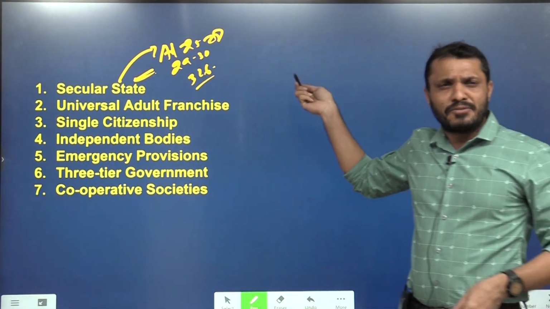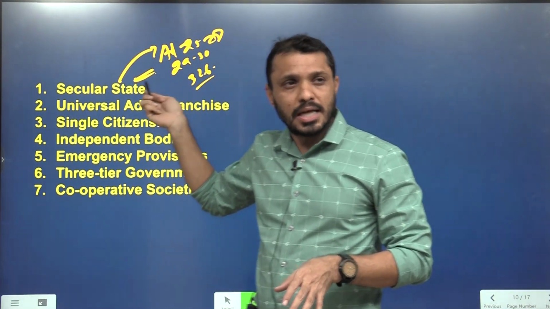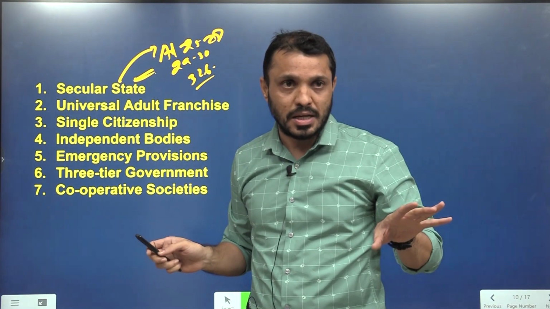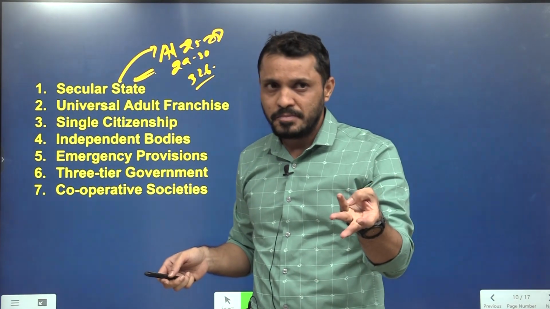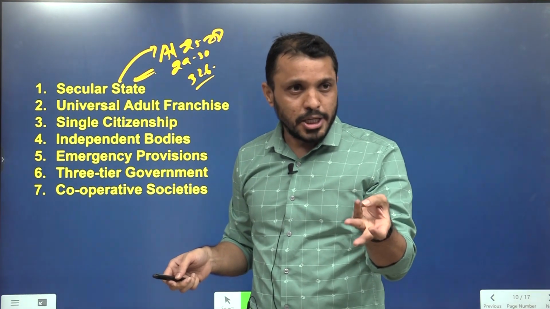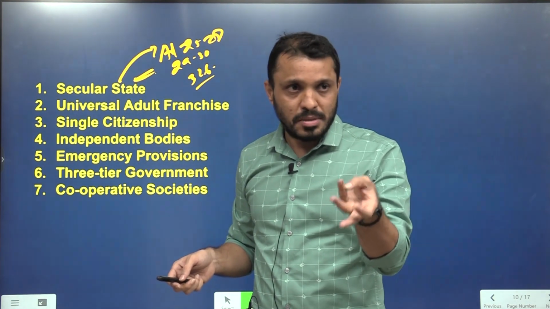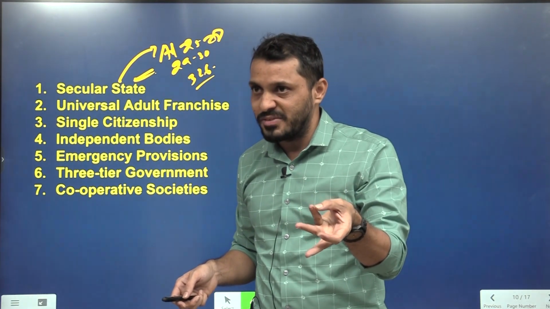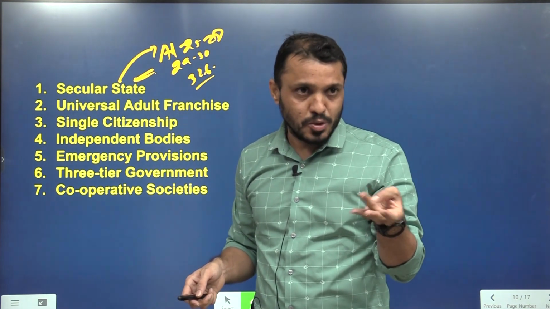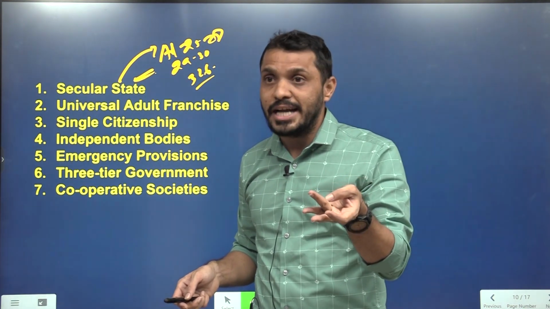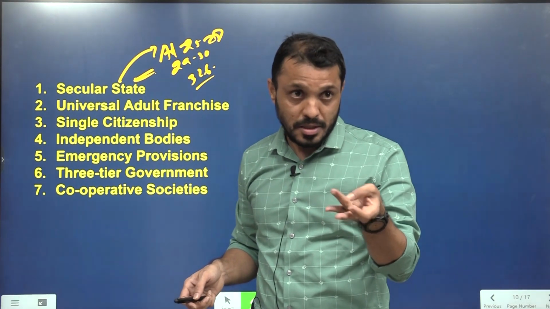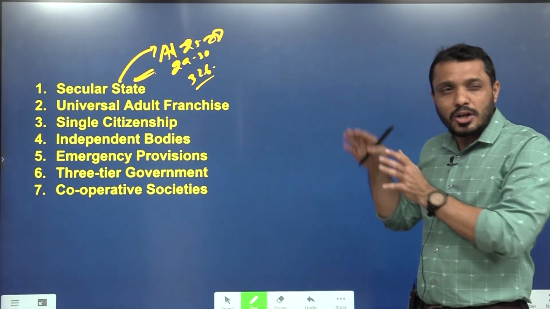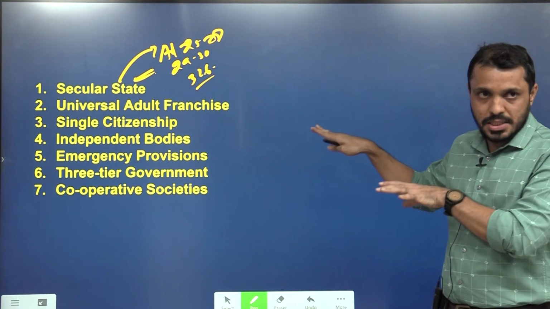In the last polity class, after these 10 or 11 sessions are done, I will take exclusively the contemporary polity issues that happened over the last year, like remote voting recently, the issues of the collegium system, the issues of the governor, the border dispute of Belgaum between Maharashtra and Karnataka, and the dispute between the Delhi government and the Delhi lieutenant governor. We'll discuss contemporary issues later. First, we'll fix our general studies knowledge.